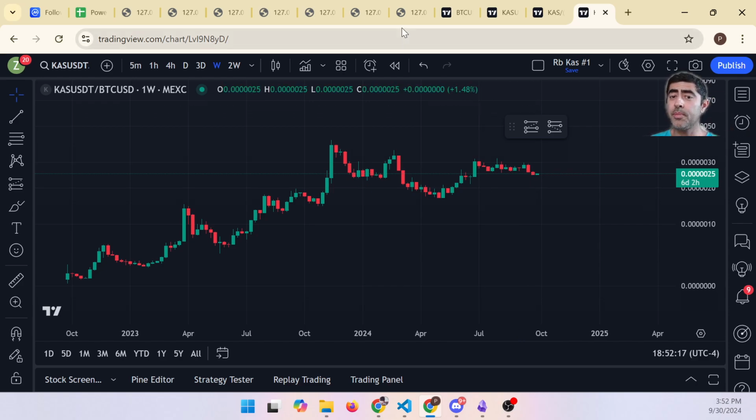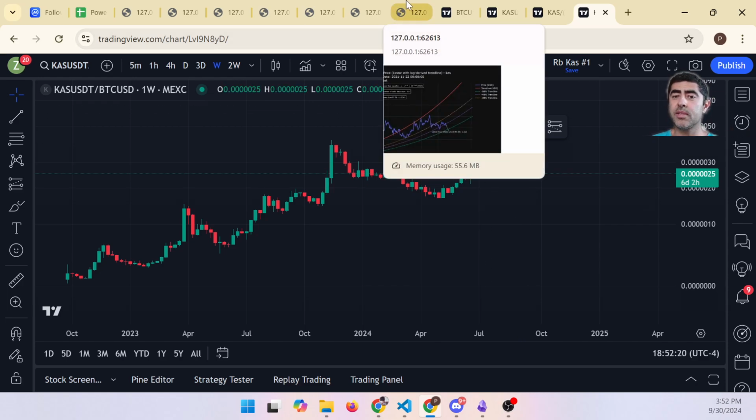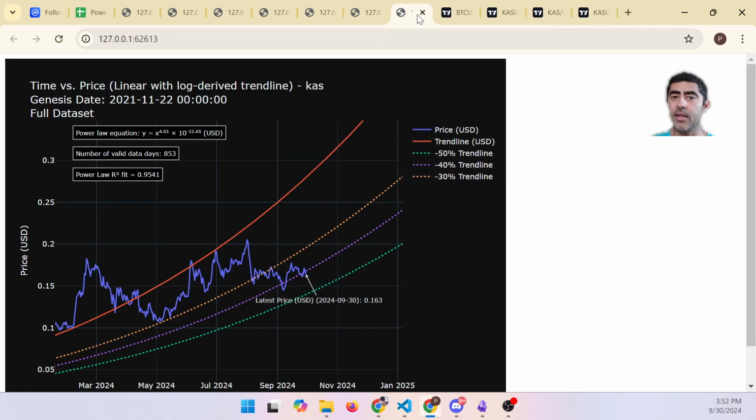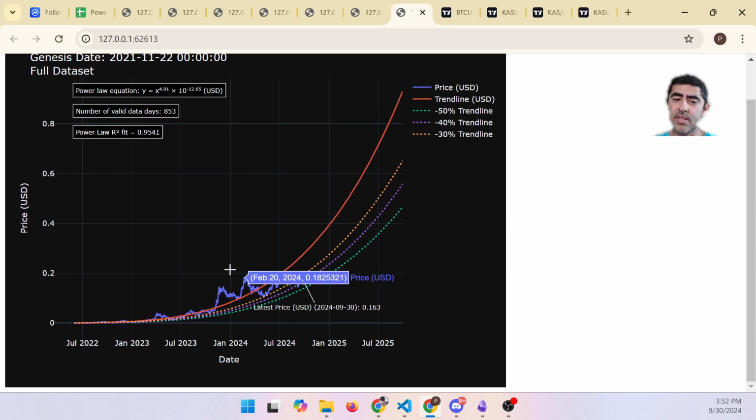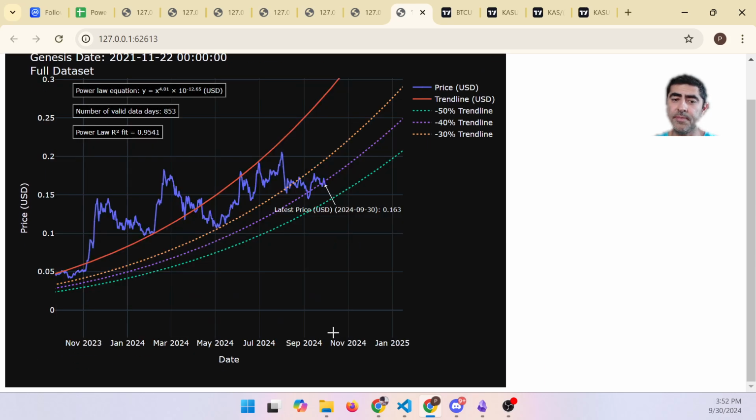Now, if we're following the power law and we believe that it works, the power law is telling us that right now we're underneath the trend line, so it's a good time to buy. Now, we can look at the Kaspa price action and say it really hasn't done too much over the last couple of months. But if you take a step back, if you zoom in all the way over here, we had about a 6-month period from November through April in which we were above the trend line. And now maybe we have a 6-month period in which we're below the trend line.